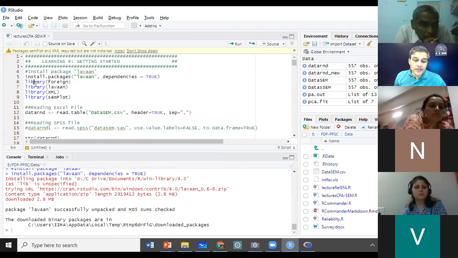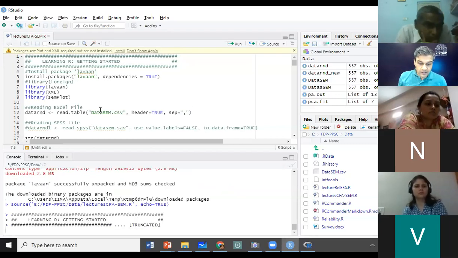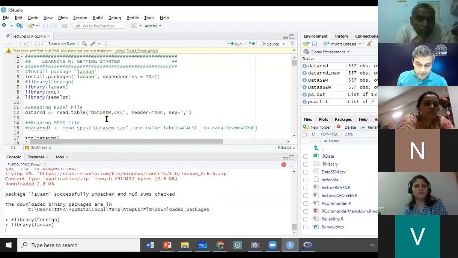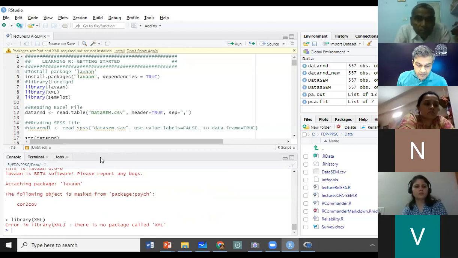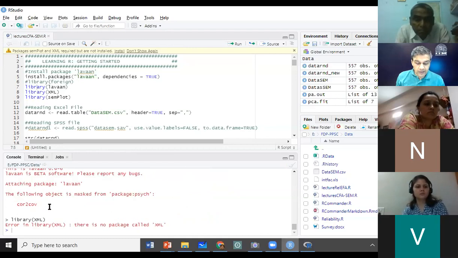This is not needed, so you can actually comment this out. Library foreign is not needed. And then we will invoke the lavaan package by saying library lavaan. Yes, so I have done library lavaan, and lavaan has been loaded.